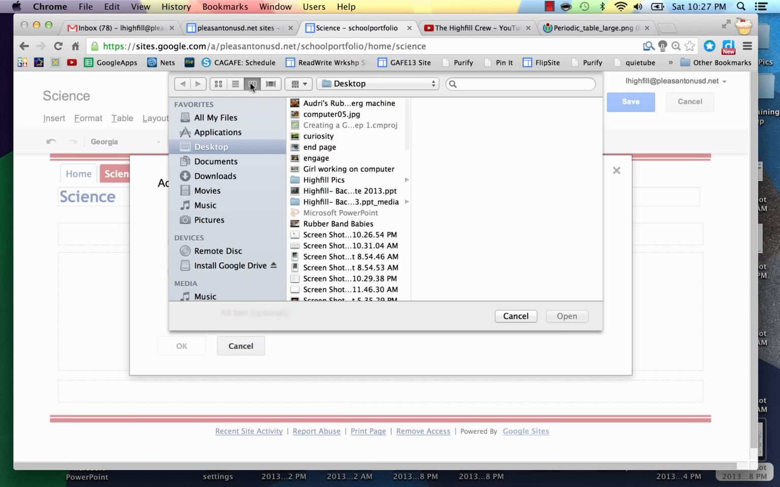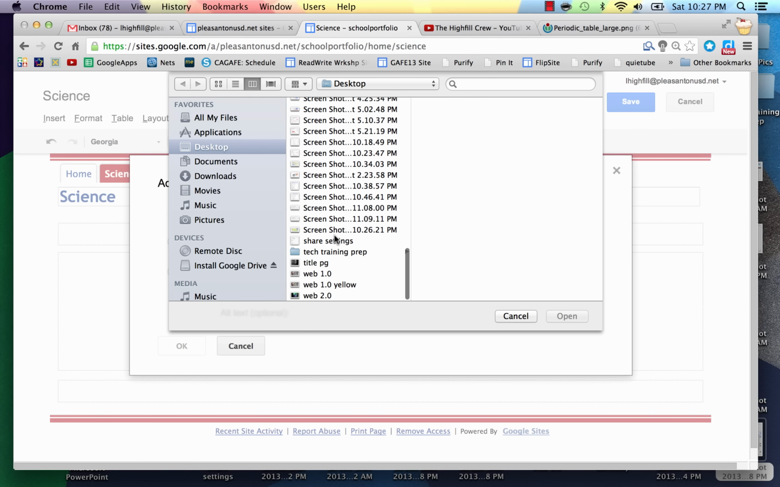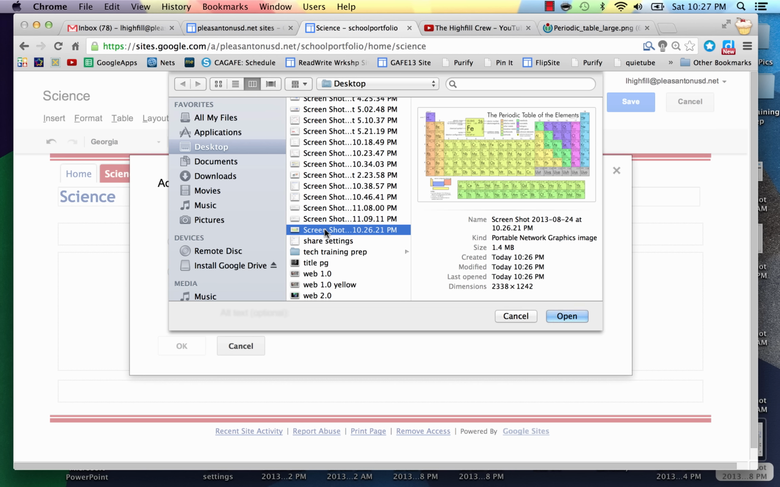I like the one that has the 3 columns, because I know if I've done a screenshot, it usually shows up as the last one, and there it is. And it will show a sample of it before I have to select it. You can use your arrows and go through. I've been doing a lot of screenshots, but it's a good way to quickly find the image you're looking for. I'll click Open,